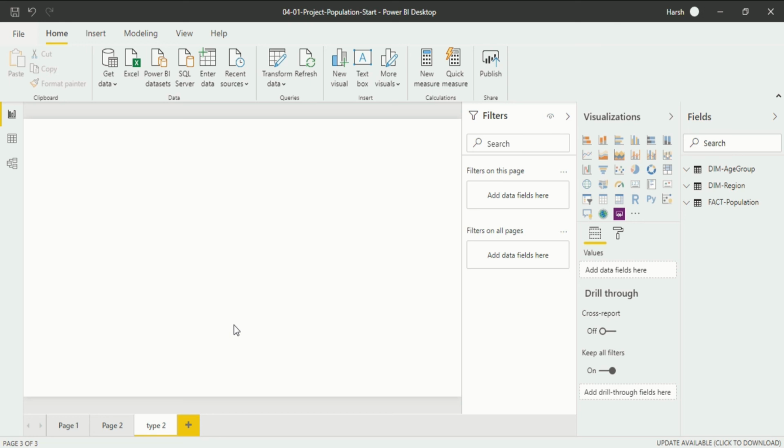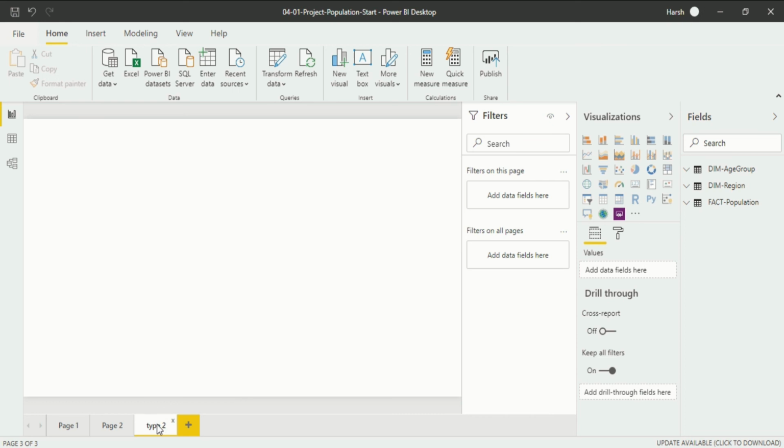Now the question arises, I have created the page, now I want to delete the page from report view. How do I do that? There are 2 ways through which you can delete this page. Either you go on the tab of the page, right click the mouse and choose delete page, or there is another option available to you. I hope you are seeing it.